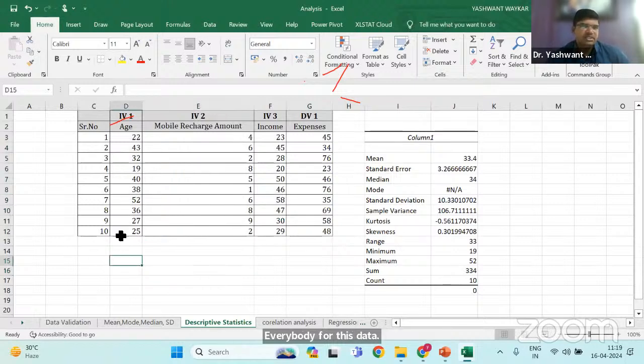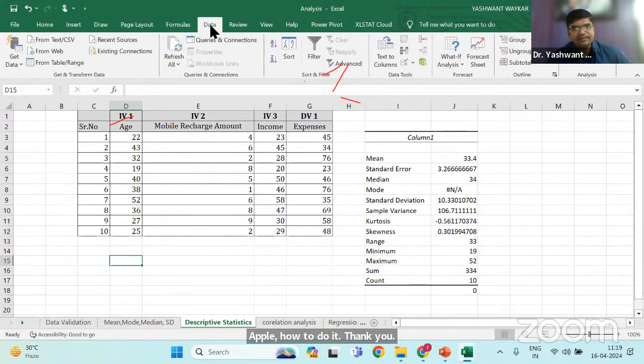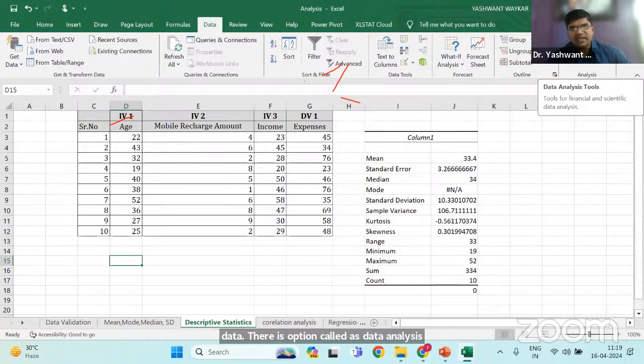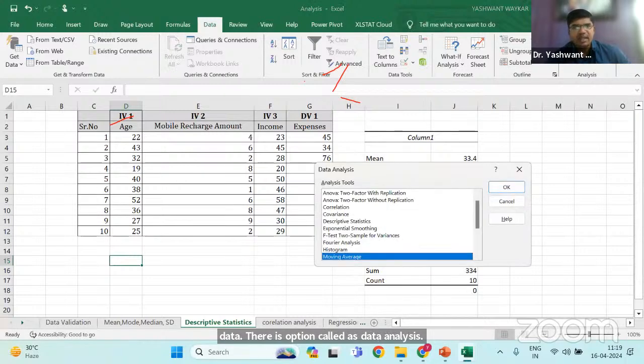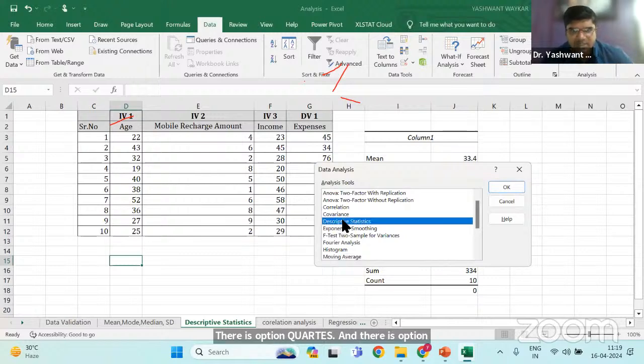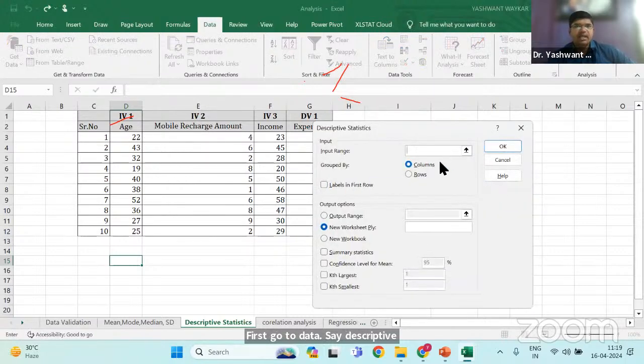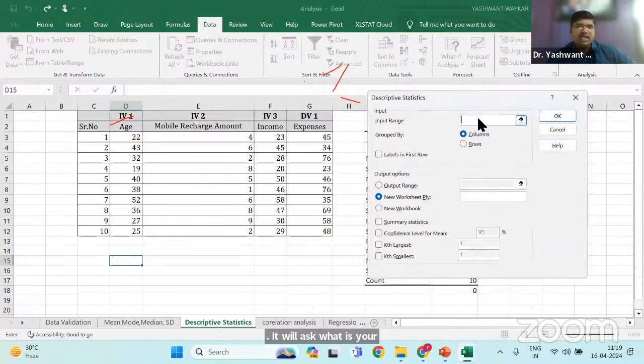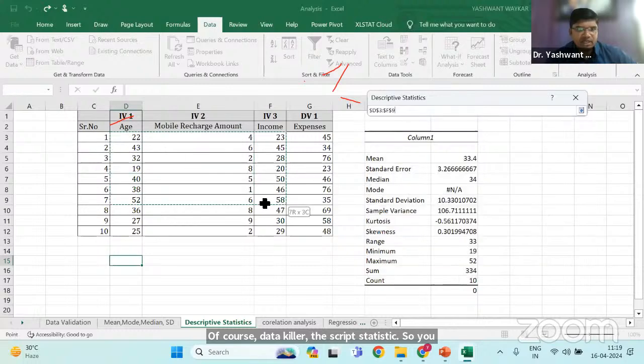कैसे करेंगे? Simple करिए. Go to data. There is an option called data analysis. Click करिए इस पे. And there is an option called descriptive statistics. First, go to data, say descriptive statistics, click OK. It will ask what is your data, input क्या है आपका, कौन से data के लिए descriptive statistic चाहिए. So you need to select the data like this. For example, from here, drag like this